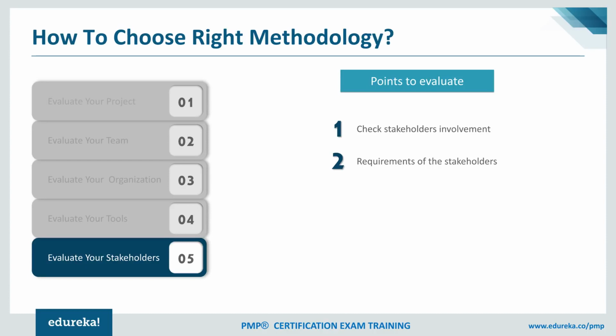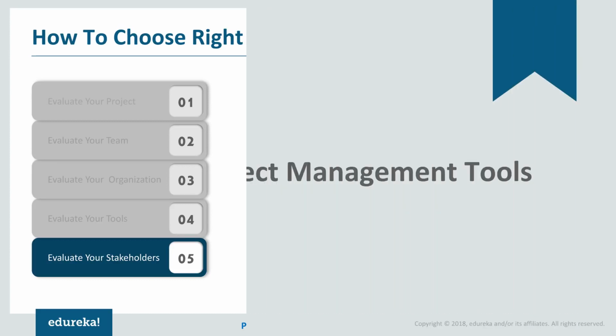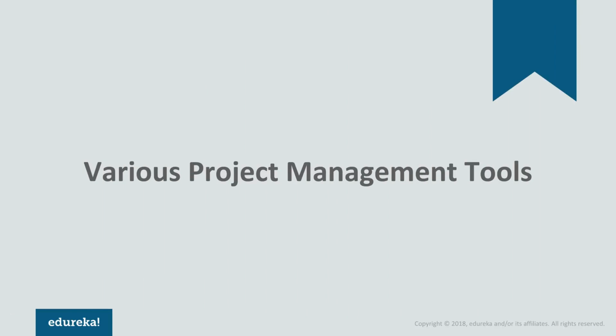Requirements of the stakeholders: what are the requirements of stakeholders? Sometimes stakeholders say that everything is going on smoothly, I don't want to move or change anything as such. Sometimes the stakeholder says that I want the application deployment to happen only once in 3 months or once in a month. So if that is my requirement, then which methodology would be suitable for me? Some of these factors could be very useful while deciding the methodologies,